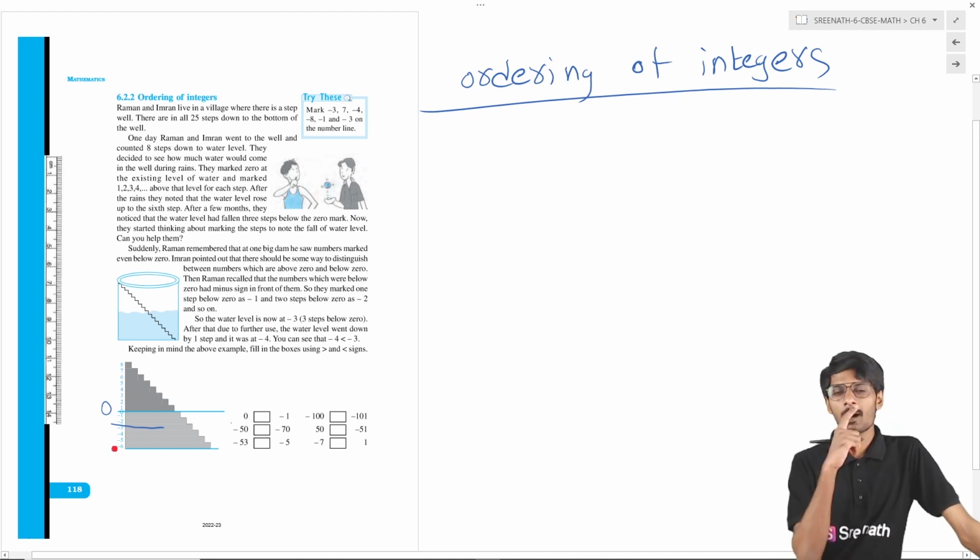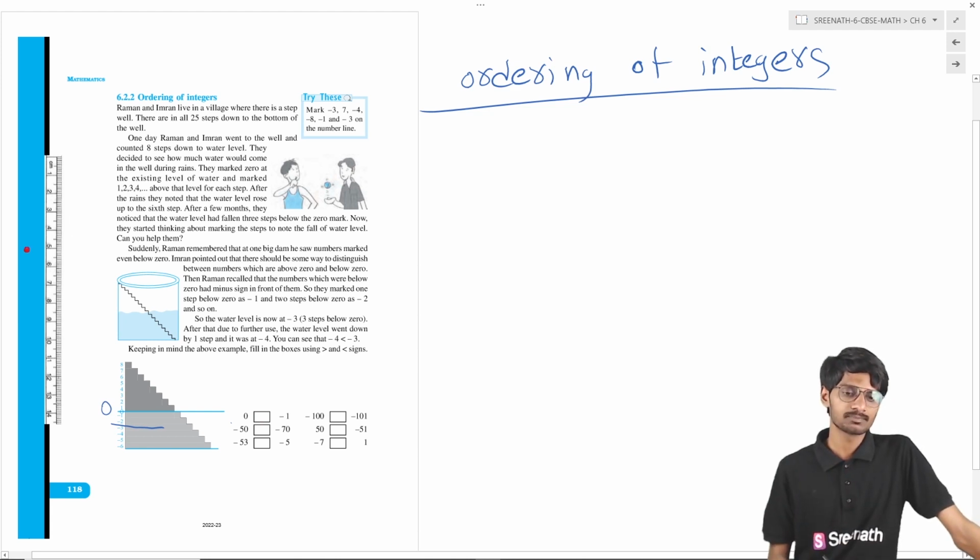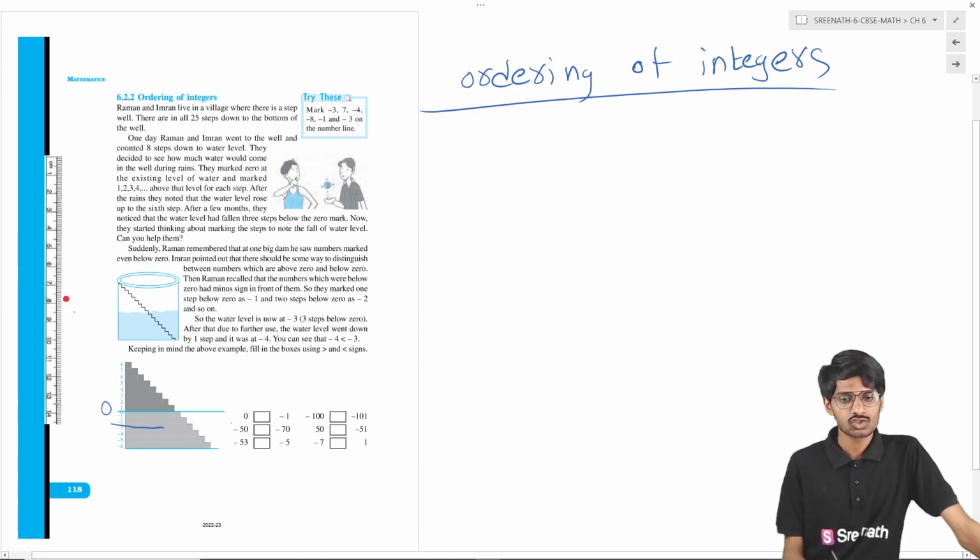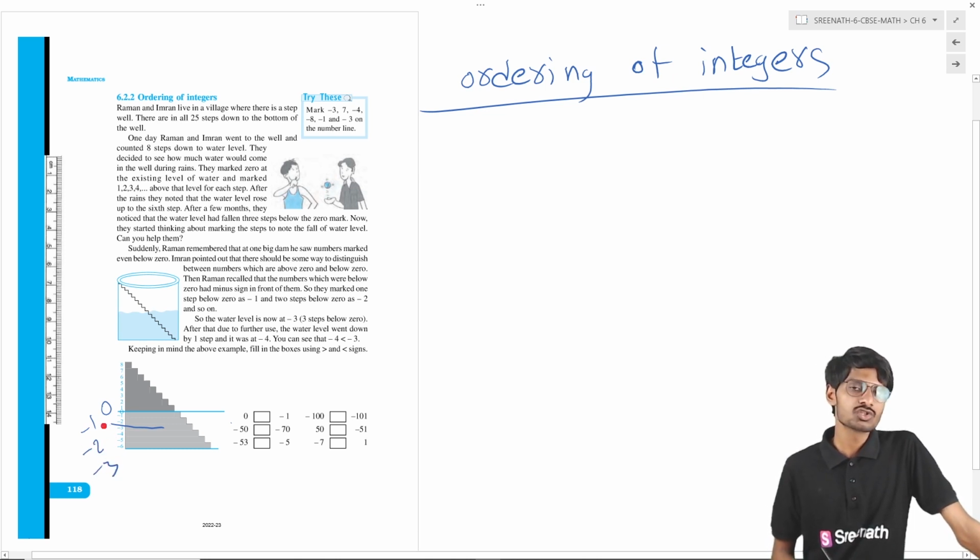To the downside, since they have taken the reference level as 0 and the water has decreased below 0, they named the 1 step below the reference level as -1, the second step as -2, the third step as -3. So they understood that -1 is greater than -2 and -2 is greater than -3,